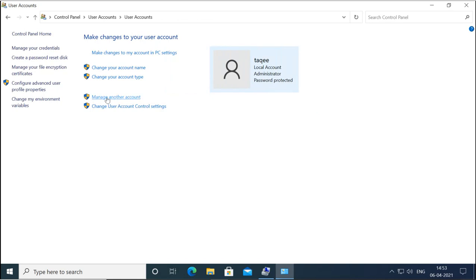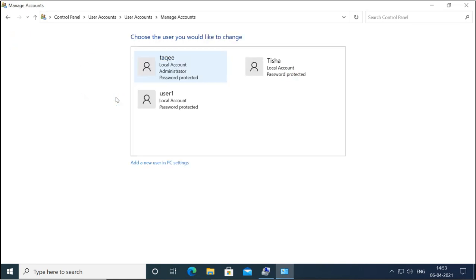Then there is Manage another account and Change User Account Control settings, which we will see. Under another account, you have these accounts available, and again you will not be able to see the Administrator account here. You can see these accounts are local accounts; these are administrator accounts and these are normal accounts.